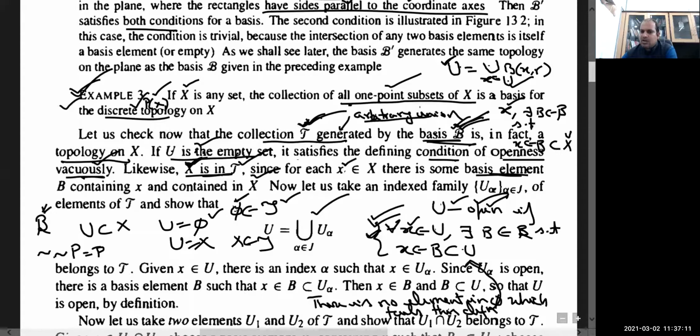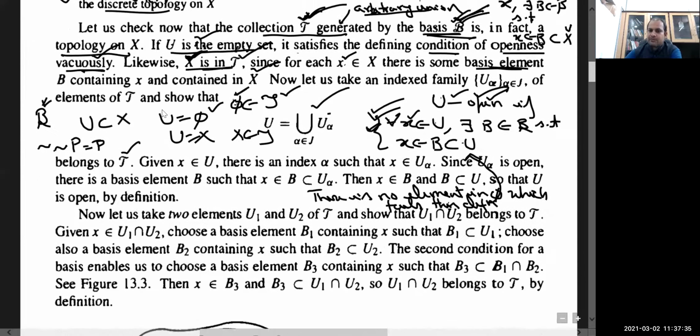Now using the definition of basis, we need to show that not only phi and x, in fact, whatever indexed family U alpha of open sets are there, see the members of basis is assumed to be open, so their arbitrary union will be also open. Their arbitrary union will be also open means their arbitrary union will also belong to T, because the members of topology are said to be open. So how you will show that?